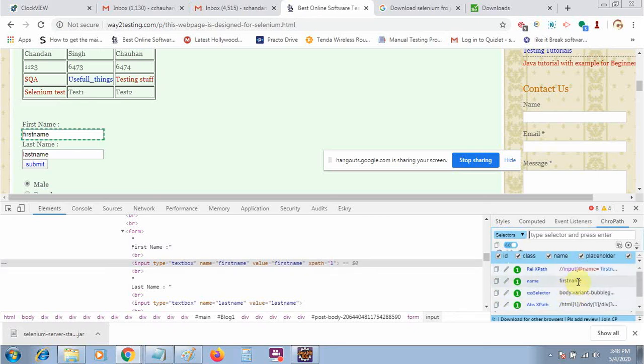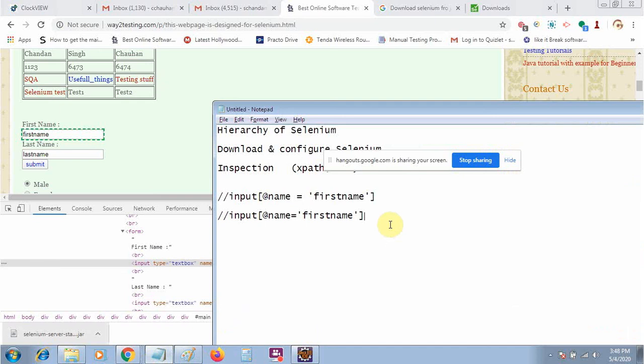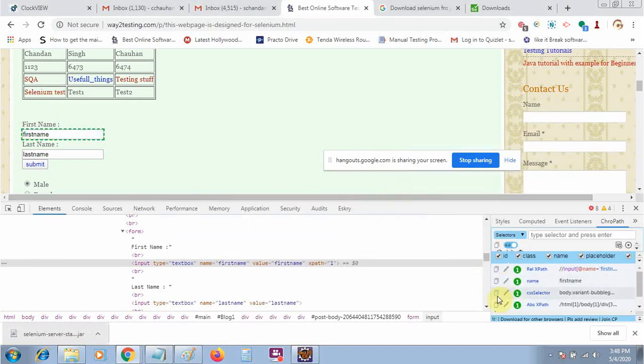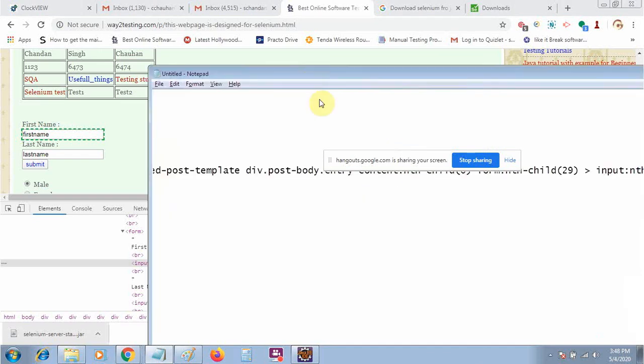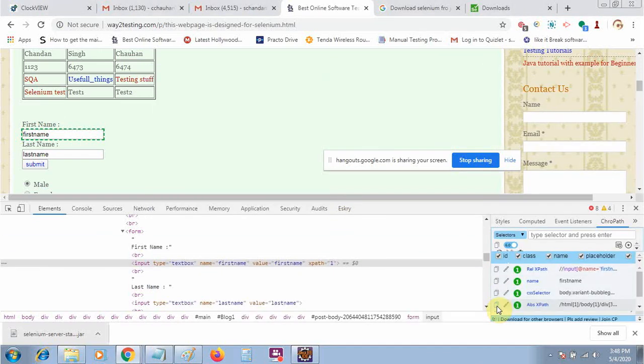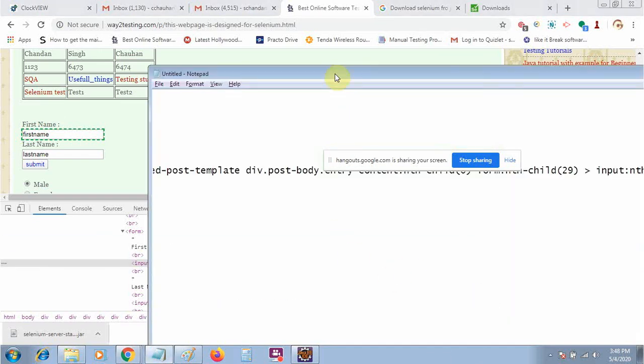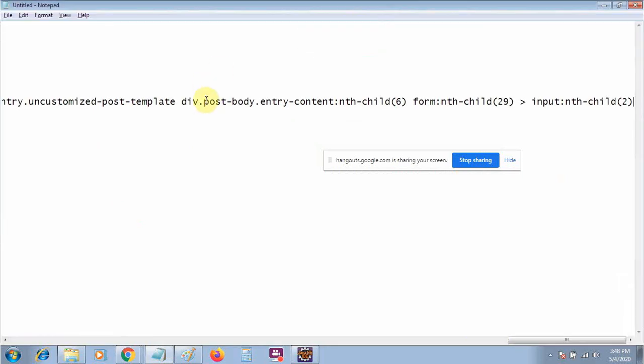It will give you each and everything, like your relative path. Let me copy this one. Let me remove all these things. So the relative path is here. It will also give you the CSS selector. We will discuss CSS selectors much more later. And it will also give you the absolute XPath. So just try to identify what all these things are.